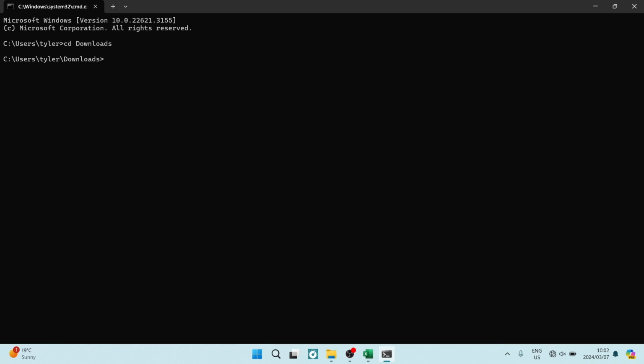Now, right from here, you are going to type in copy. We're going to have a space there. We are going to use the star or asterisk, and then we're going to say .csv, and we are going to make a space, and we are going to now enter the name of the new file that we would like to create. So I'm going to call it combined,